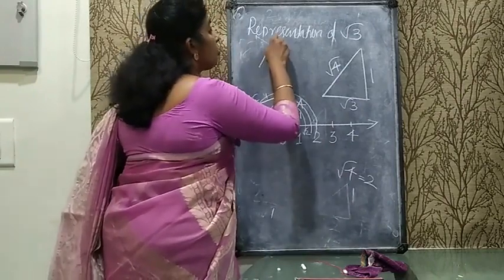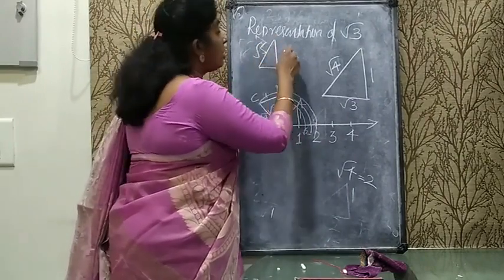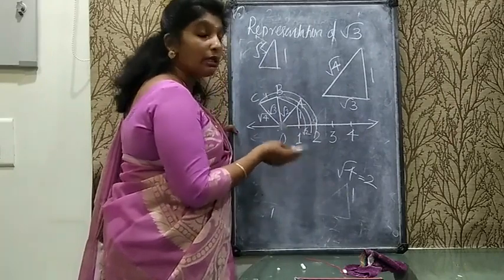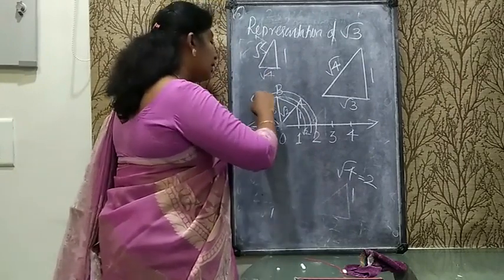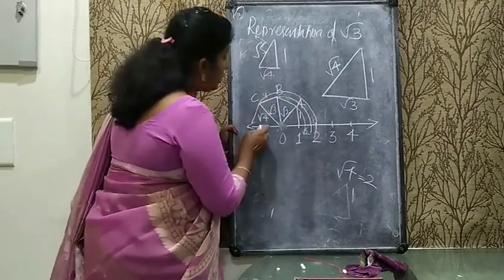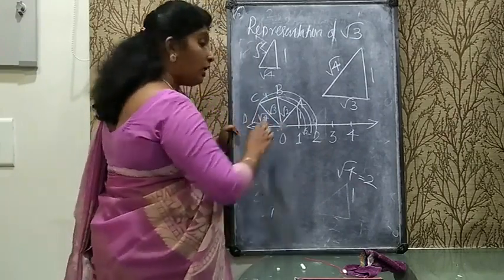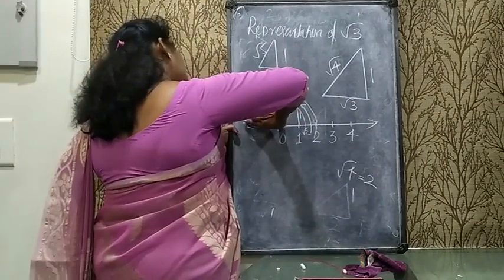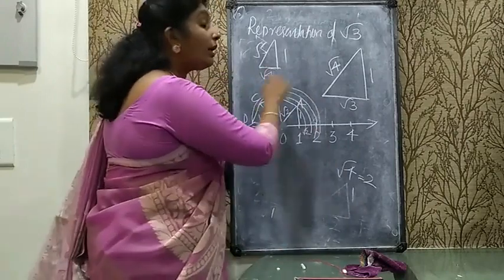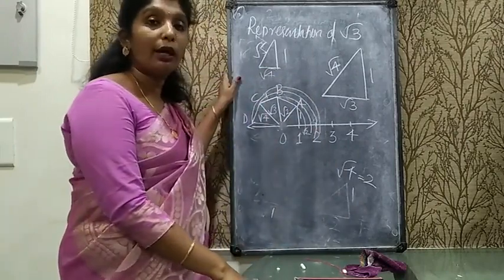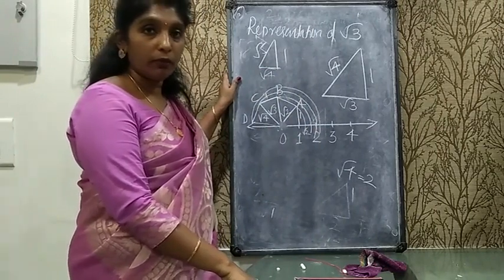Now for representation of root 5 what you will do? If you want root 5 as a hypotenuse, one should be the perpendicular and one should be the base. Root 4 should be the base. So this root 4 you can make as base, and here you can draw one perpendicular using protractor. Now you can join with O and this point you can mark as D. Now from O to D distance you have to take in your compass and then mark an arc. Like this you can continue root 5, root 6, root 7, root 8, all these constructions you can continue by spiral method.